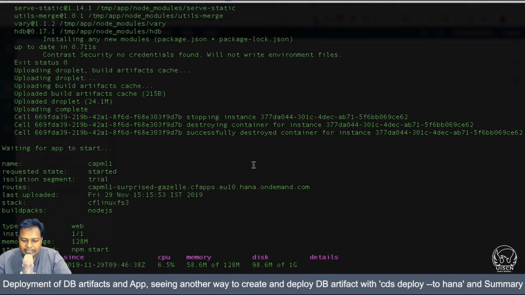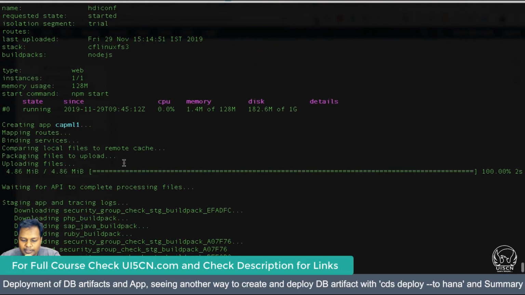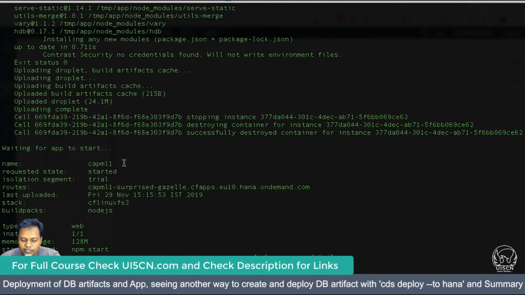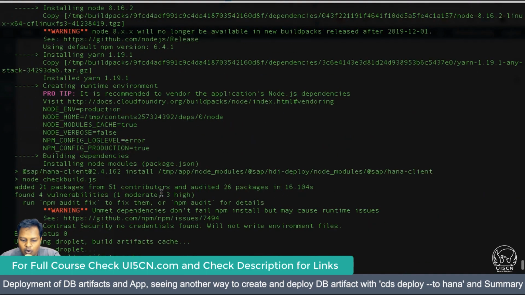So the end result is success in both the apps. The first app, if I scroll up, got deployed, and this is the second app, which is the main CAPM app we have. So in the first app, which is basically the deployment of